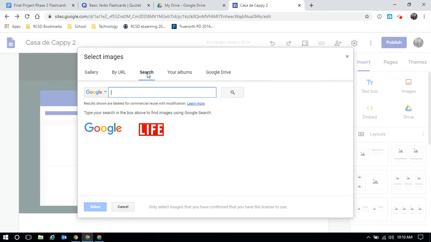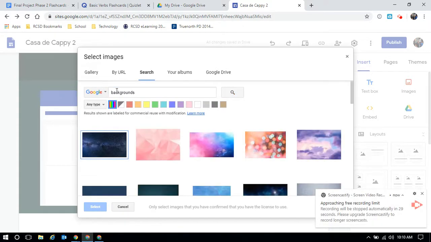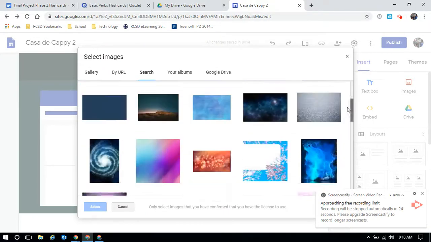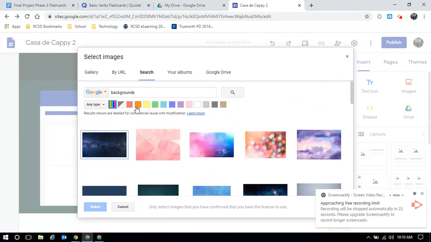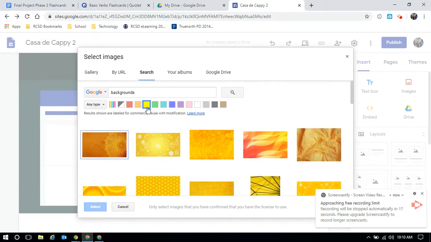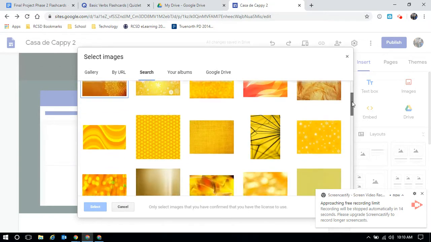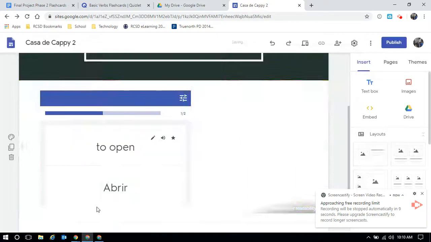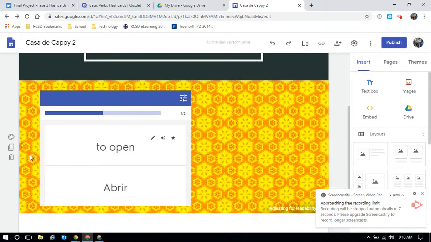Now here's a cool little feature on searching the web. If you actually type in backgrounds when you search, it'll bring up what people consider to be common backgrounds. As you can see, these are ones that you may have seen in your phone screens before as a background. You can also click the color choices here. Like for instance, I think a yellow one would look absolutely horrible here. So that's what I'm going to use. And I've got all these cool yellow backgrounds to pick from. So I'll pick this extremely ugly looking yellow background. Sorry if you like it. And put it back there. And you can see that's now the background just for this little piece here. That's what you want to do. Once you've done with that, you are all set for